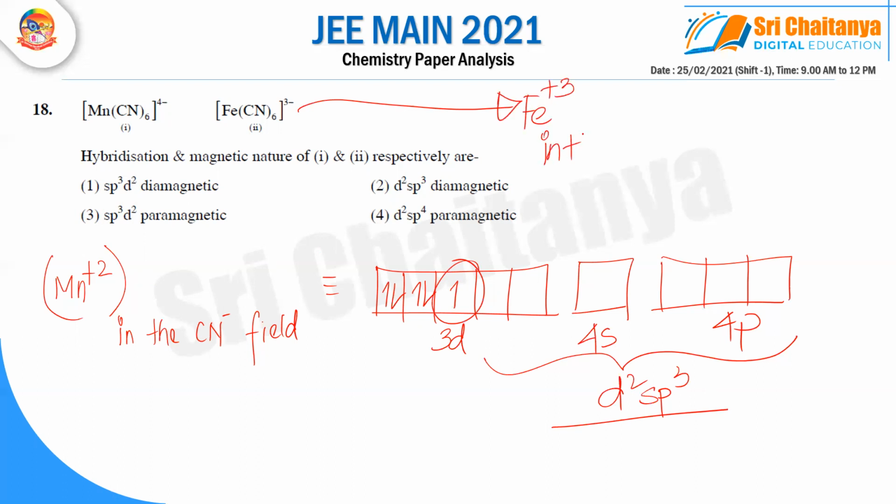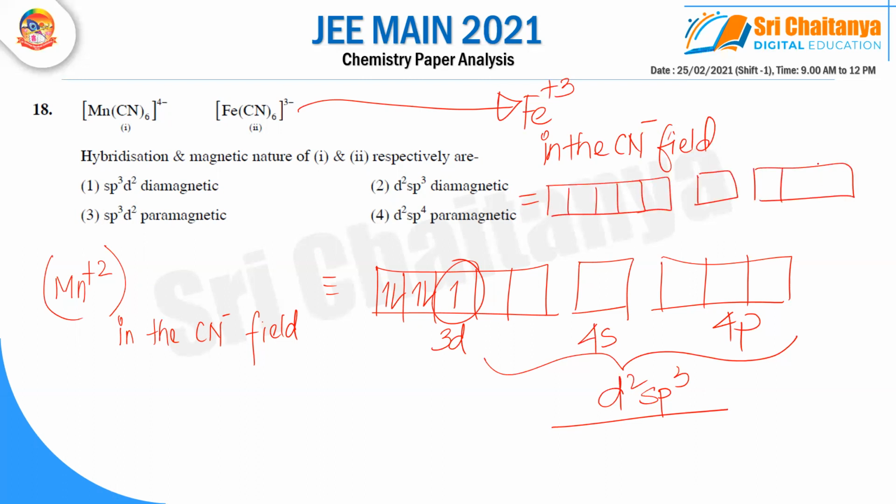Another one, Fe+3. Now, this configuration I'm writing again in the CN minus field. So CN minus is a strong field ligand, and therefore here also we'll be having some kind of back pairing. And the situation will look like this, because it is also having 5 electrons. Now you're going to take empty orbitals as per coordination number, which is 6, and we will arrive at d2sp3 hybridization. Here also we are having an unpaired electron, so it is also paramagnetic. There's a slight correction here. Make it d2sp3 and make this one as your answer.